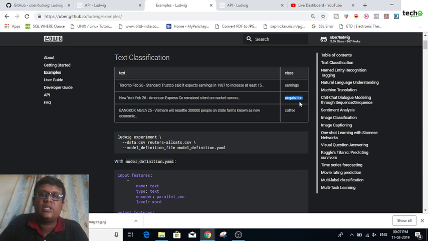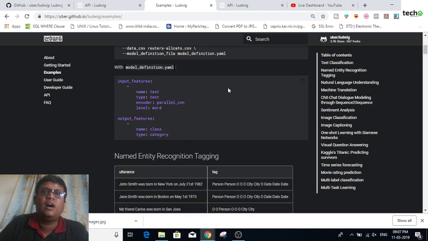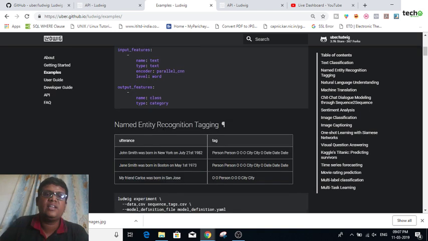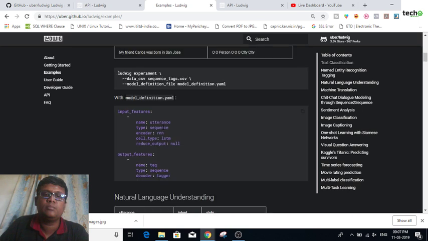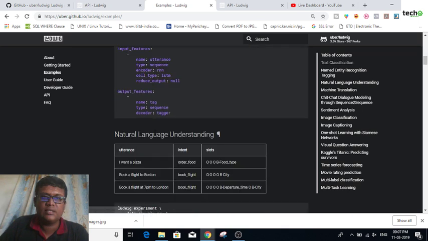an acquisition class. In the same manner, if you have any sort of affinity or correlation with the training data set based on the learning rate, it is going to guess the classes of an output feature. Like this, you have n number of examples here. My interest is natural language understanding. I want pizza. If you say I want pizza, then the machine will